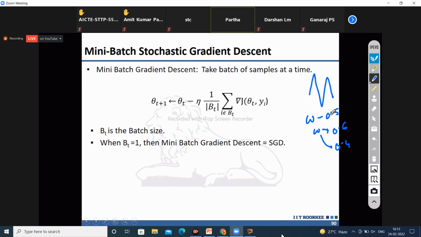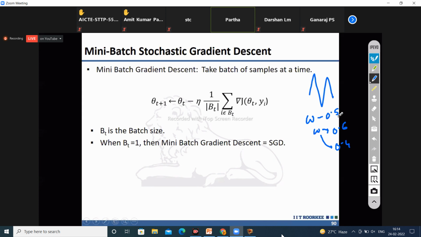Because in this training data, some examples will be giving positive error, some examples will be giving negative error for the same value. So you will have some issues with setting this W. There will be a zigzag, but it will give you convergence faster than the stochastic gradient descent. So it will be faster than the stochastic gradient descent, but the problem is it may